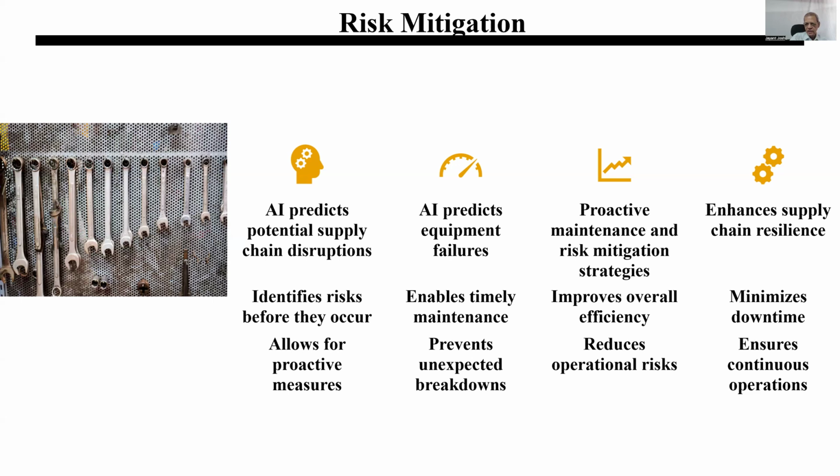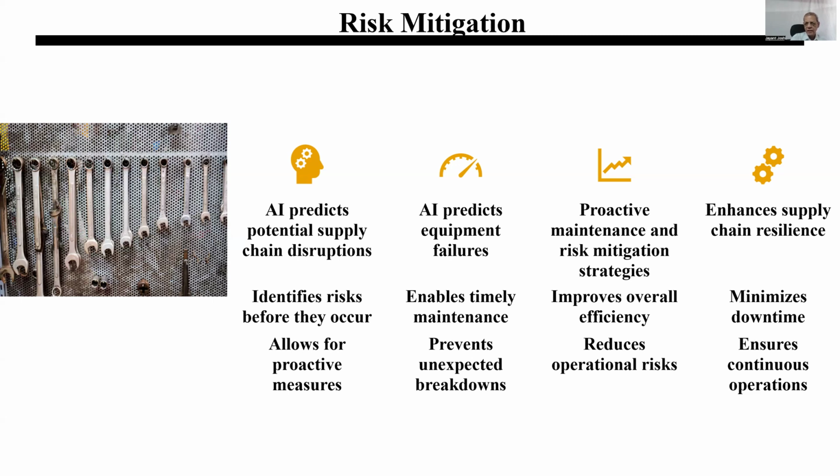Proactive maintenance and risk mitigation strategies can be developed. This will improve the overall plant performance and efficiencies, and will reduce the operational risk. And this leads to enhancing the supply chain resilience with minimum downtime,